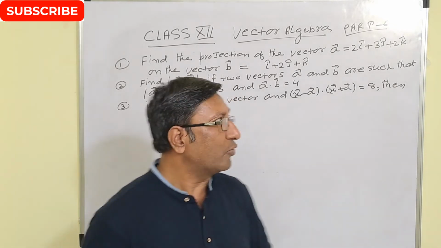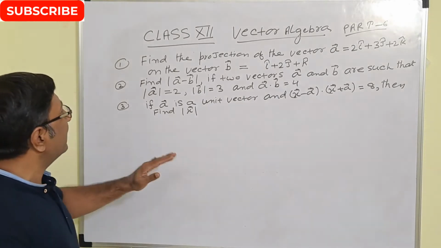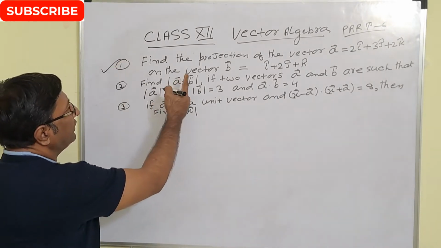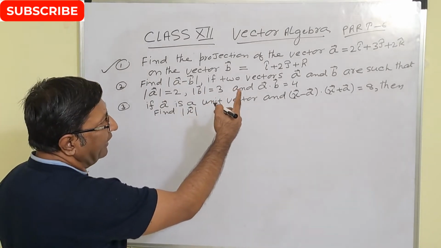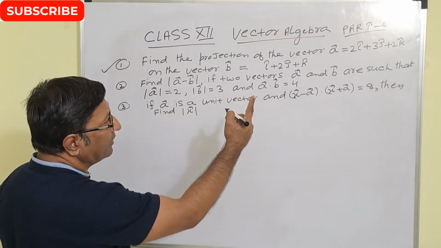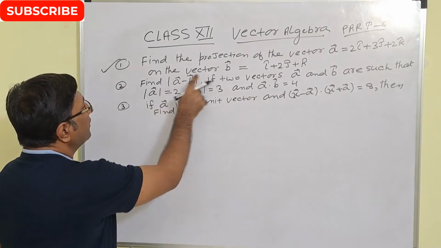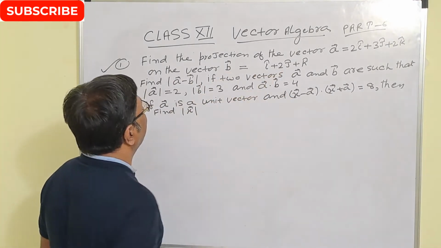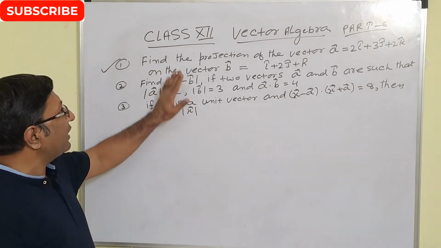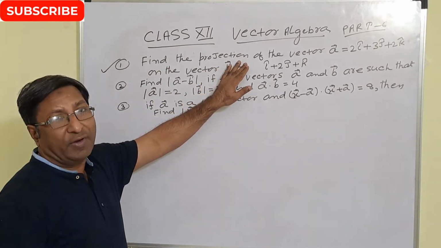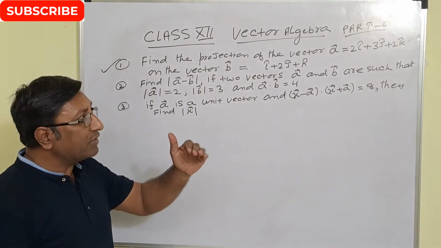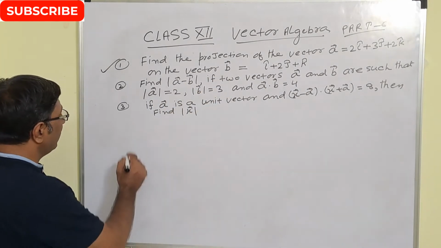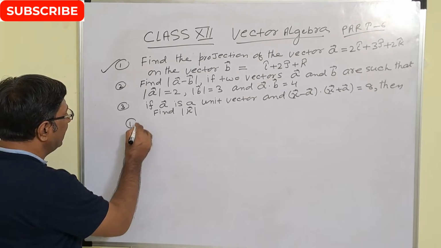तो पार्ट 6 की इंपॉर्टेंट क्वेश्चन क्या है। तो पार्ट 6 के अंदर आप देखोगे फर्स्ट क्वेश्चन हमारा है: Find the projection of the vector a, given 2i plus 3j plus 2k, on the vector b, given i plus 2j plus k. दैट मीन्स ये क्वेश्चन कह रहा है कि फाइंड द प्रोजेक्शन ऑफ वेक्टर ए, वेक्टर की प्रोजेक्शन निकालो ऑन द वेक्टर बी। तो आप जानते हो कि ऐसे क्वेश्चन के लिए हमारा क्या फॉर्मेट है, ध्यान दो।